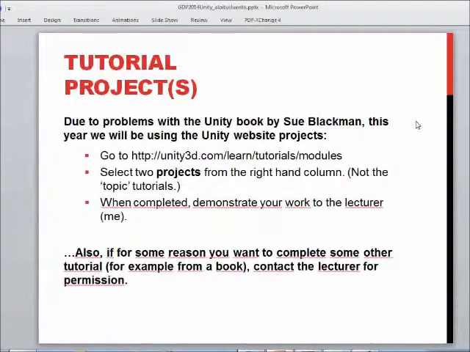the tutorial project, you may read from somewhere that this course uses the Unity book by Sue Blackman, but this year we are not going to enforce that book. The first edition was quite a nice way to get familiar with how the different parts of Unity work. But unfortunately, the second edition, which is current enough that it could be used with the current version of Unity, actually introduces so many problems and other unnecessary things,